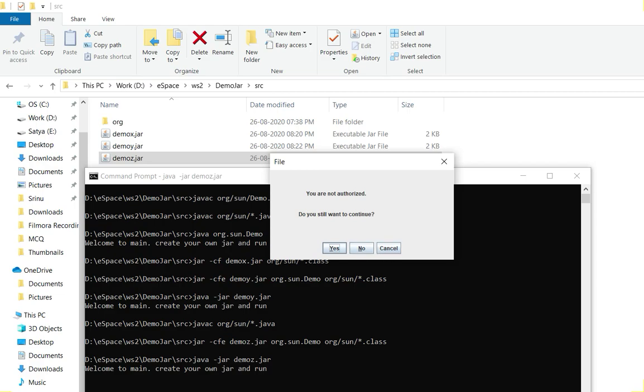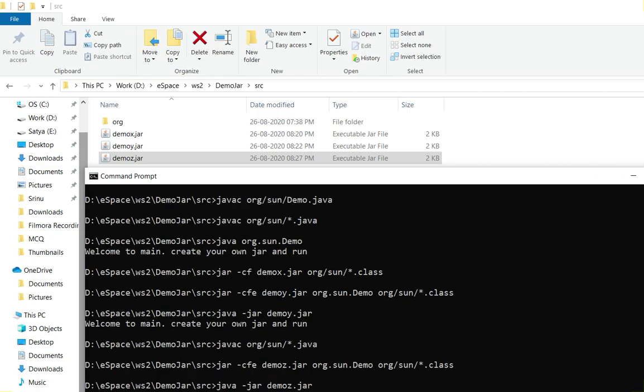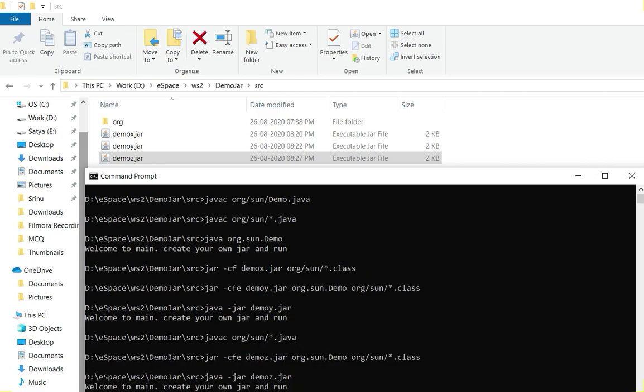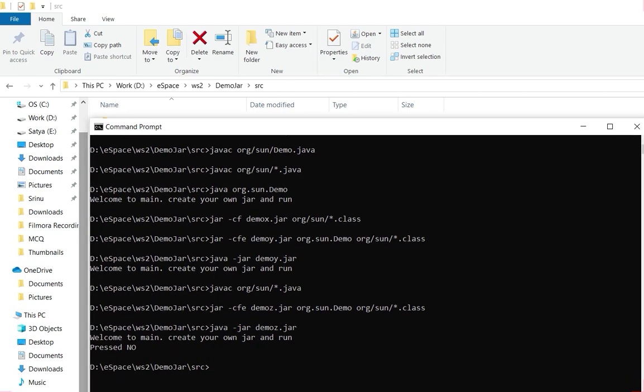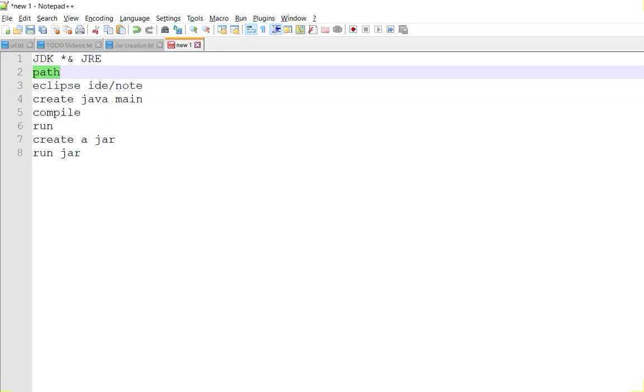Hope you understand how to create an executable jar file and how you can run that jar file using the command prompt. So, a recap of what we have learned so far. We have seen whether the JDK exists or not, and the javac command, the Java runtime environment, and the java and jar commands.